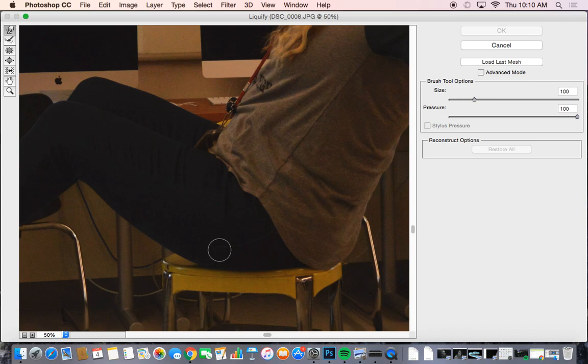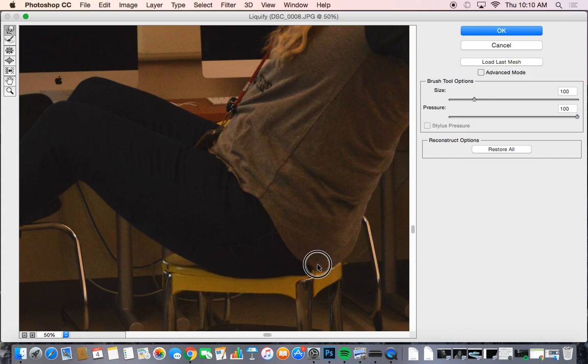Then I'm using my filter mode here, which is in the liquify. And I'm going to drag it. And look, it's making my butt a little bit more round. Now you have to be a little bit careful not to get too much here. But you can go back and edit that out too if you do a little bit more. I would go on the side of a little bit more rather than try to make it as